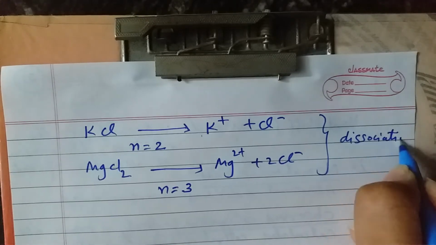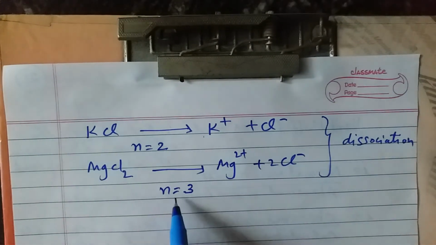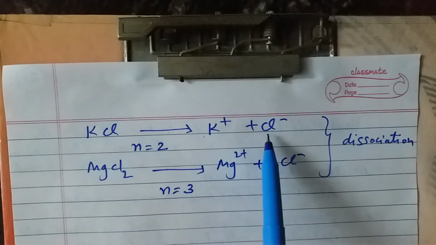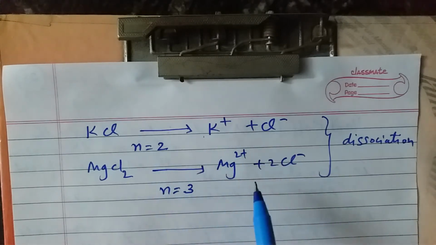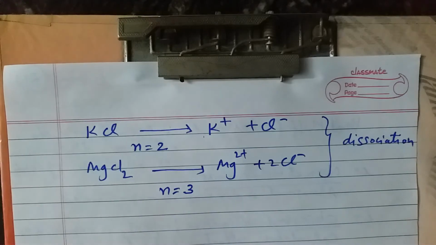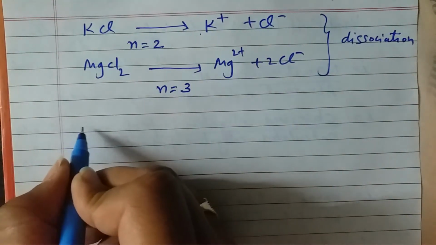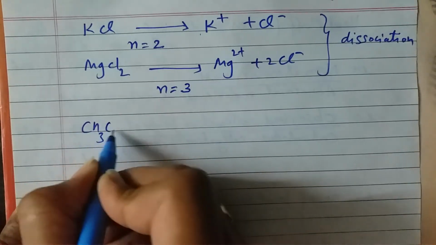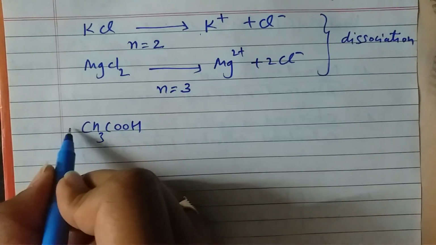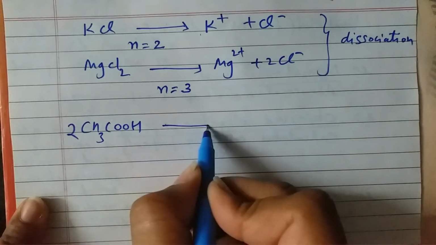So whenever there is dissociation, how will you identify n? N is the number of particles after dissociation. Like here it is 1 plus 1, 2, and in this case it is 1 plus 2 equals 3. Let me give you one more example of association also, and that is the case of ethanoic acid. When you take CH3COOH ethanoic acid 2 moles and it forms